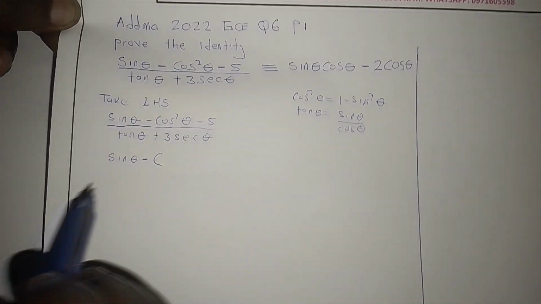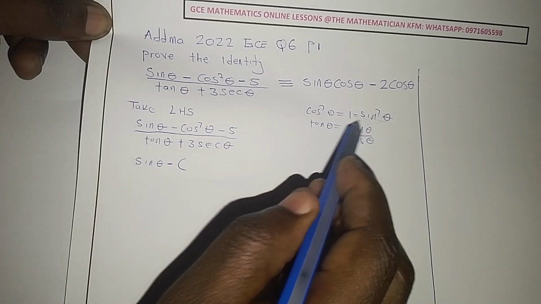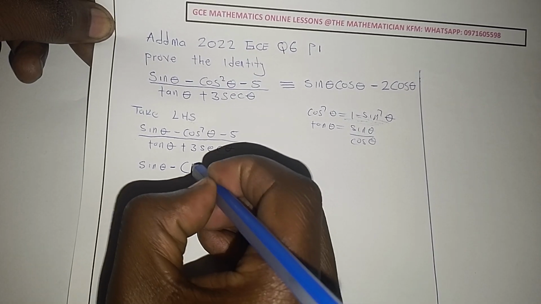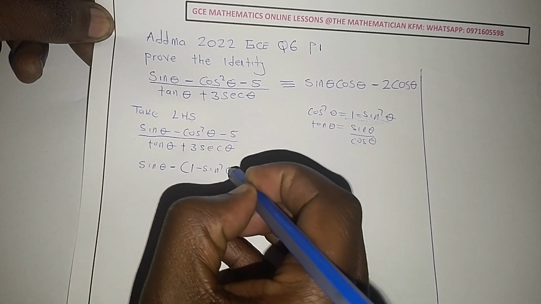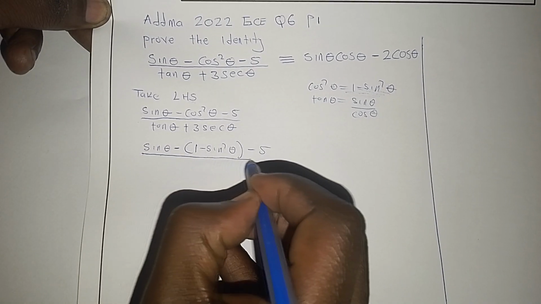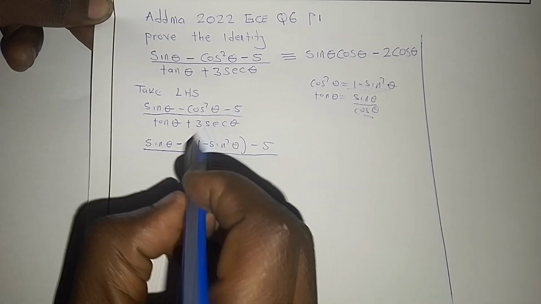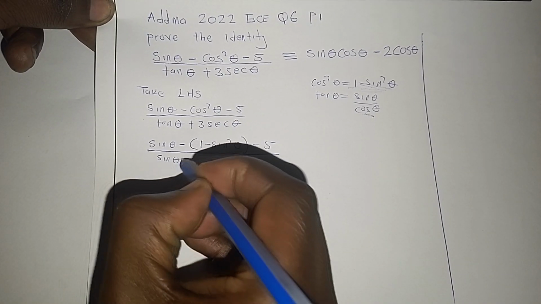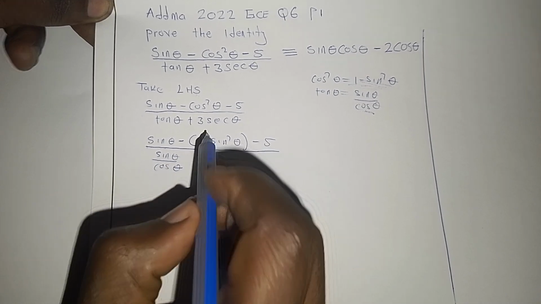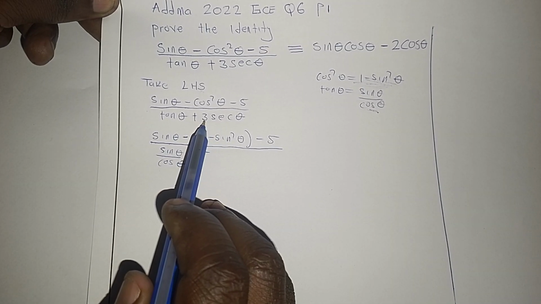Where there is cos squared theta, I'm going to replace it with the Pythagorean identity: 1 minus sine squared theta, then minus 5. Then I say over, where there is tan, again I'll replace it with sine over cos. So I'll say sine theta over cos theta plus 3, then